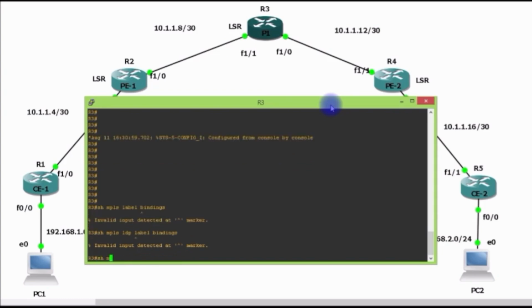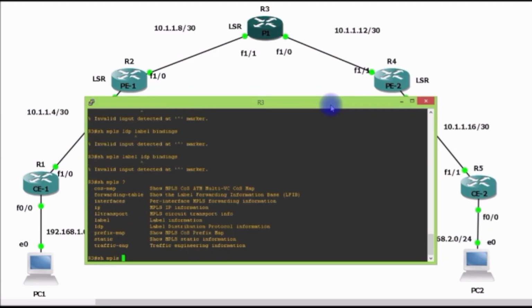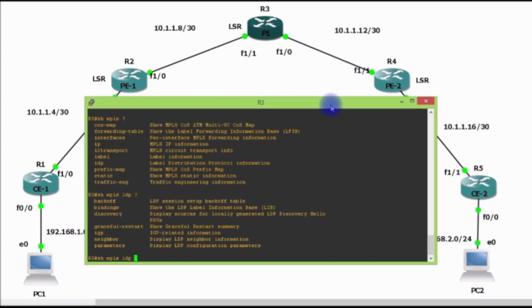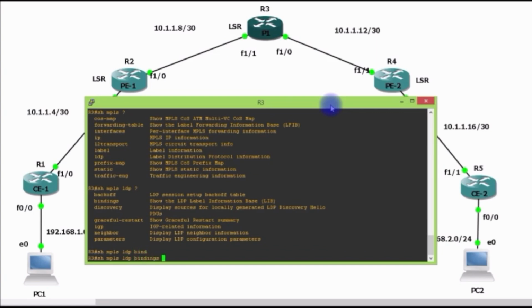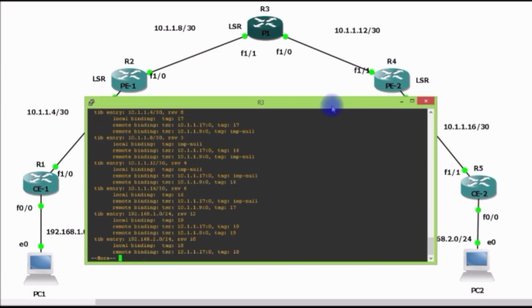And of course, I'm a little bit dyslexic here. Show MPLS LDP bindings. There you go. Okay. So there you can see